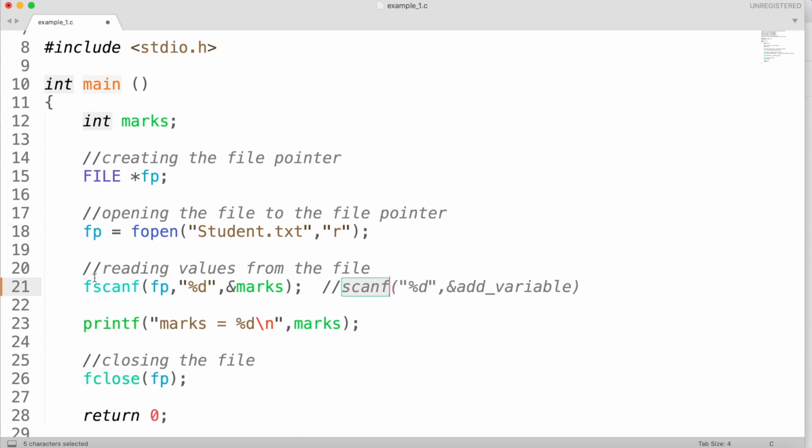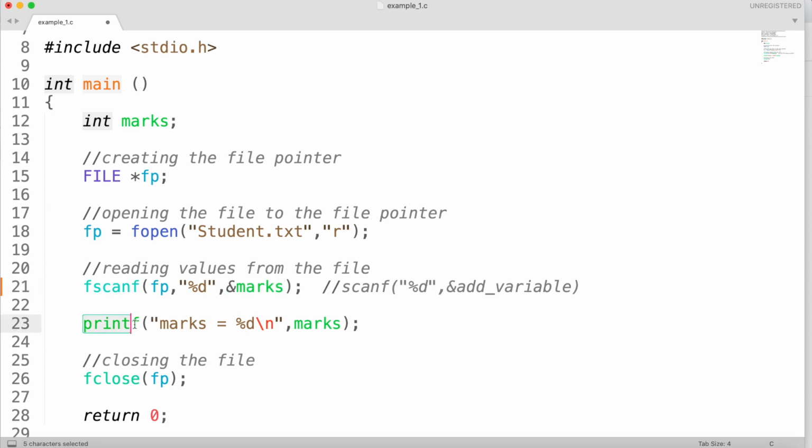But with fscanf, if you have multiple file streams open in your program, the computer doesn't know which file stream you need to read the values from. Because of that, in the first argument, you need to specify which file stream you need to read from. Then you need to specify the type of the value that you want to read from the file stream. Then you need to specify the location where you want to store the value that you have read from the fscanf command.